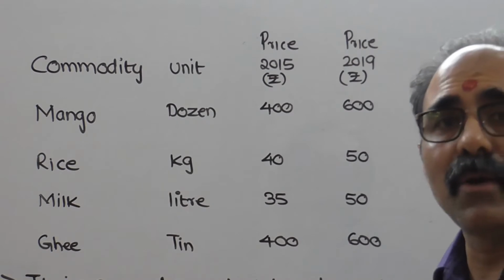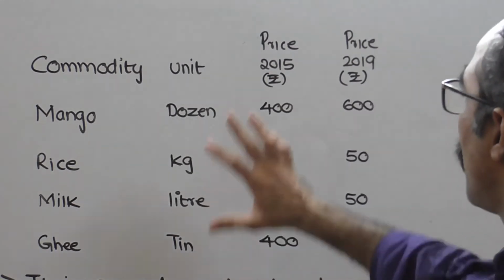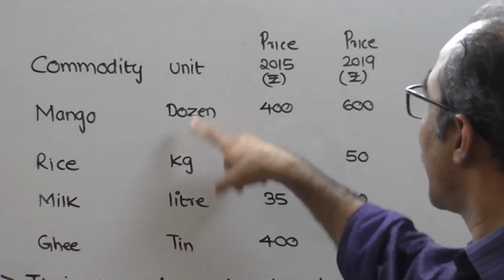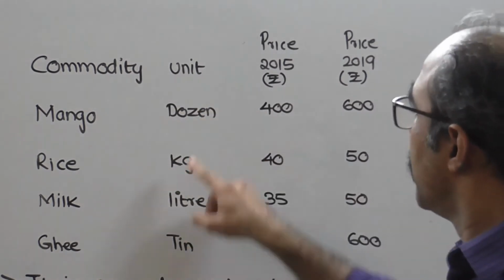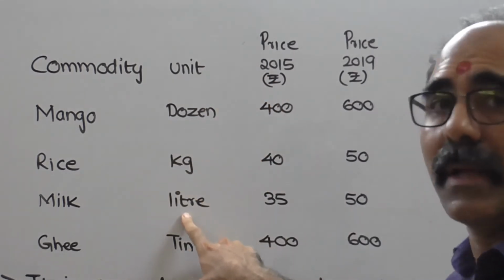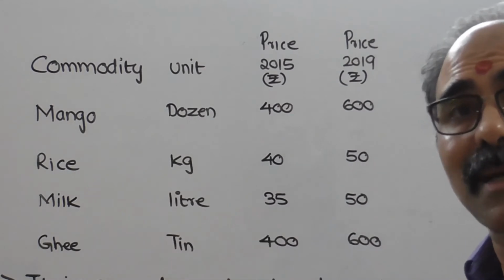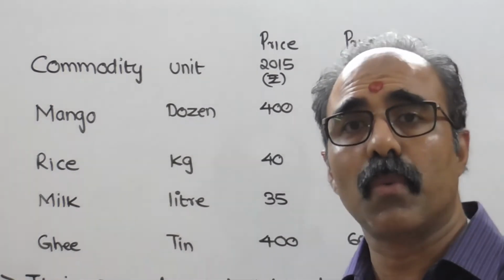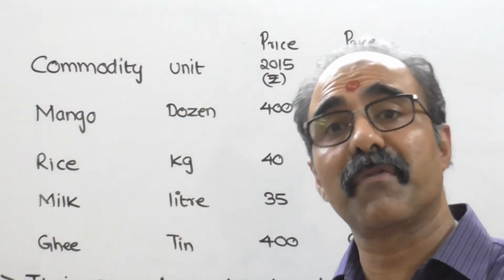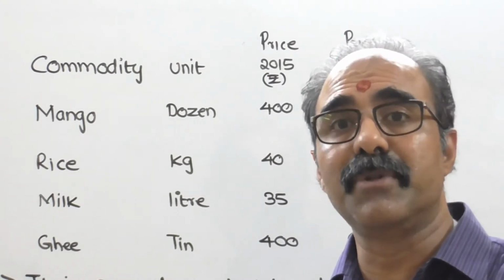Now if I tell you to calculate the overall change in prices, you cannot do it. The reason is because they are having different units of measurement. See, fine, mango you can convert in terms of kilo, accepted. What about milk? Milk you cannot convert in terms of kilo. So obviously in such a case, index number is used when you have got different units of measurement. That is why it is called a relative measure, not an absolute measure.